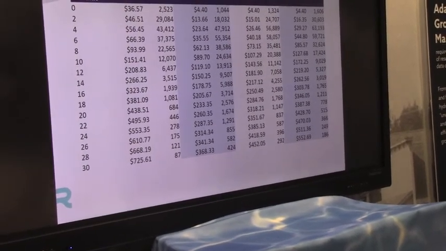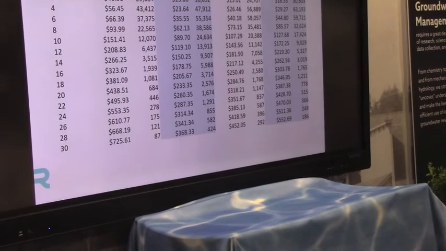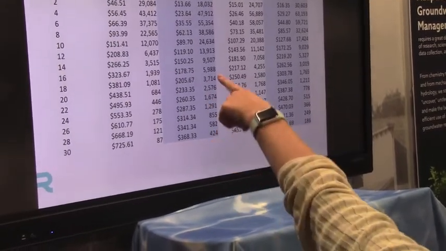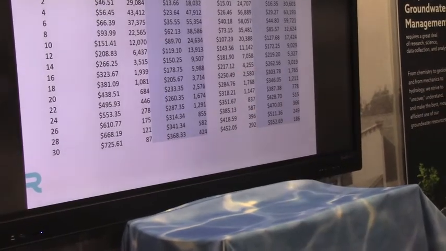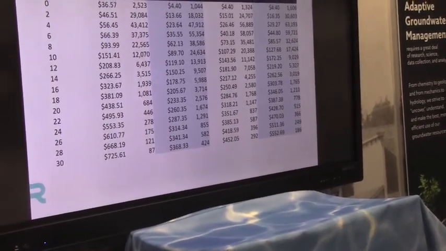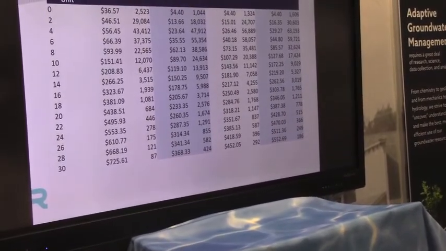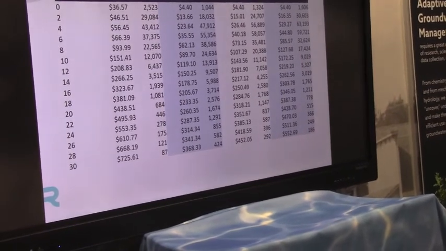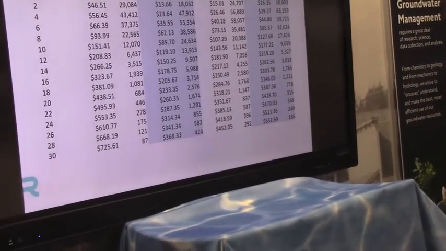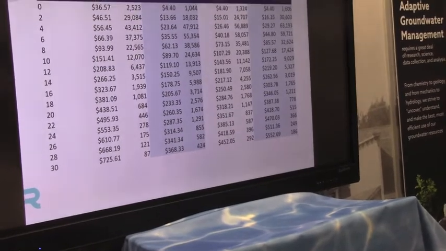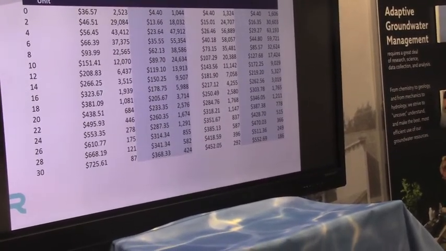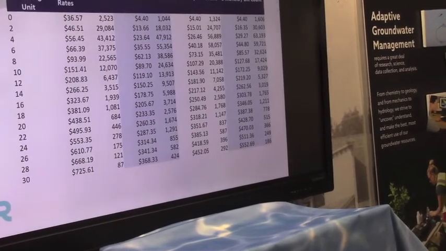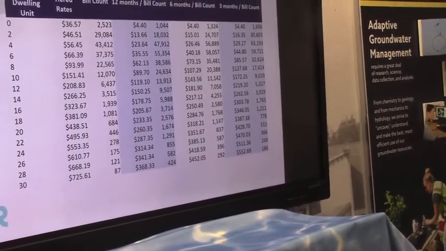But we don't know what size pipe they have. Well, we know what size meter they have. I think it's 5/8 or 3/4. Yeah, he's assuming 5/8. I think it is probably 5/8, 90 percent. Which is something we could do anyway. Because if you had a pipe this big, you're still going to flush your toilet twice a day, and so you're not going to be using 100 times more water just because you have a bigger pipe.